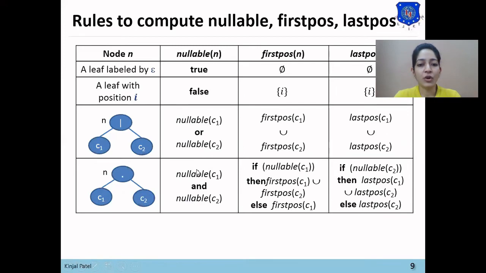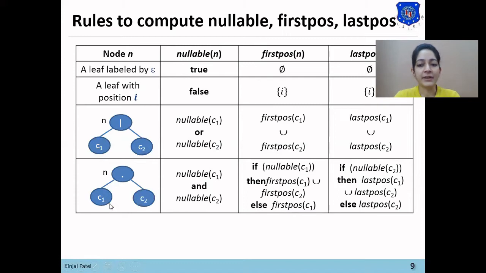Now first position of the dot node will be: if nullable of C1, means if the null string can be generated from C1, then first position of C1 union first position of C2. And if null string can't be generated from C1, then first position of the dot node will be first position of C1.